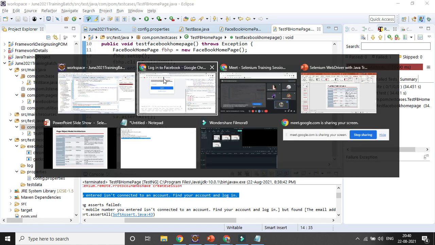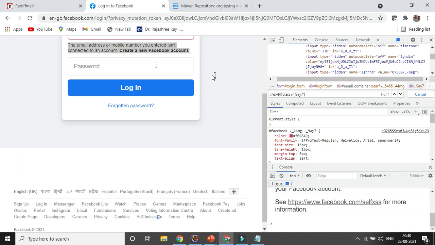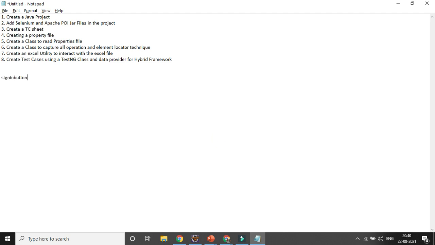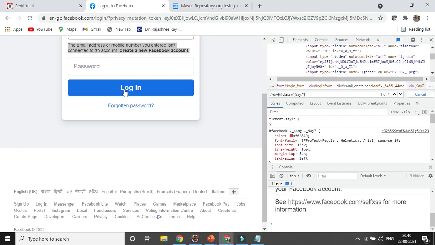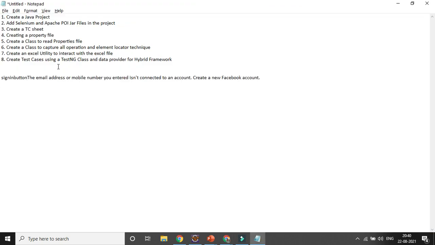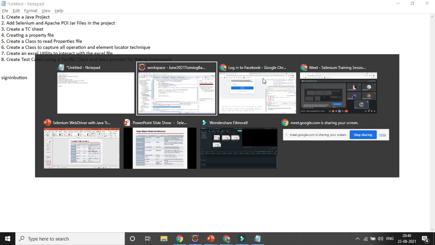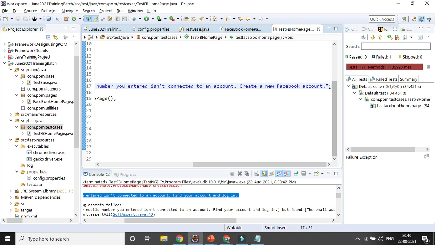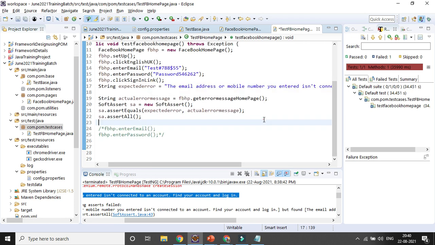Let's change the expected one here, and let's put it in some notepad. In case some space is also entered, right, it will not be considered, it will fail. Let's expect it. Okay. And now I can also quit the driver, right? After assert all is done, I can use that quit driver.